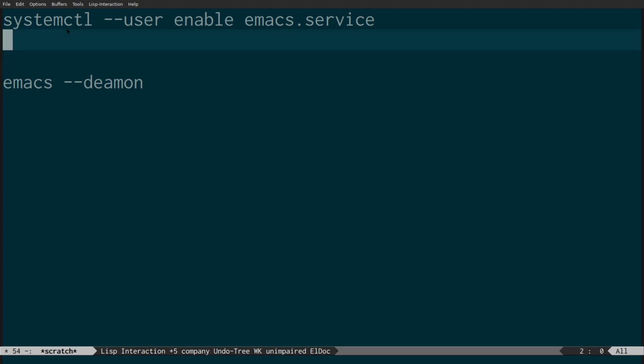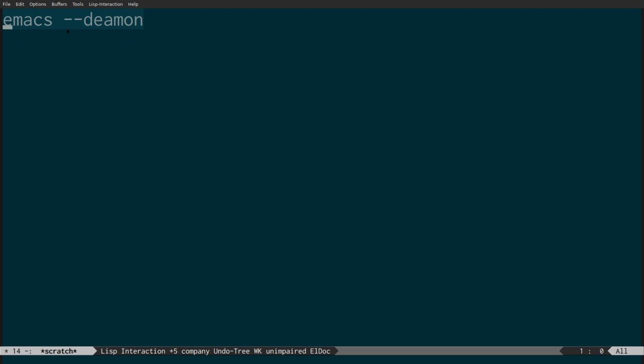So both of these methods that I've tried had issues with the Emacs client not picking up your SSH password with programs like TRAMP and Magit. And so the safest way is not to start Emacs at all using your window manager or systemd, but to simply set your